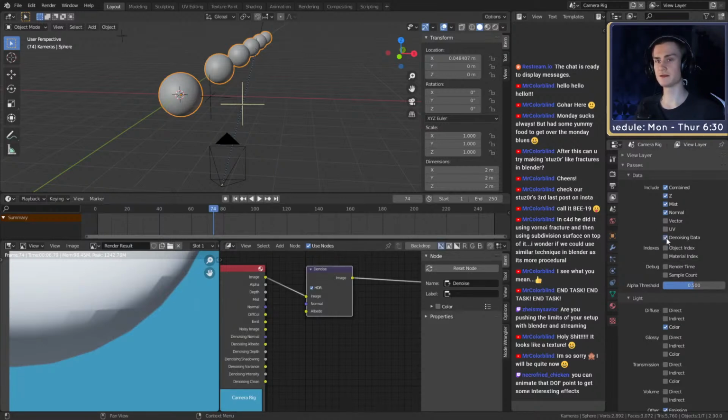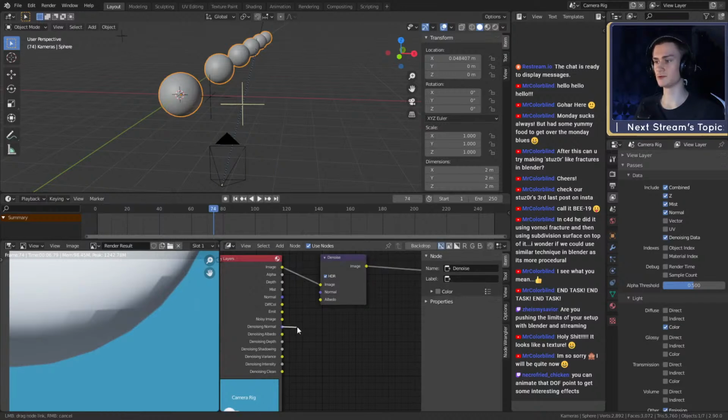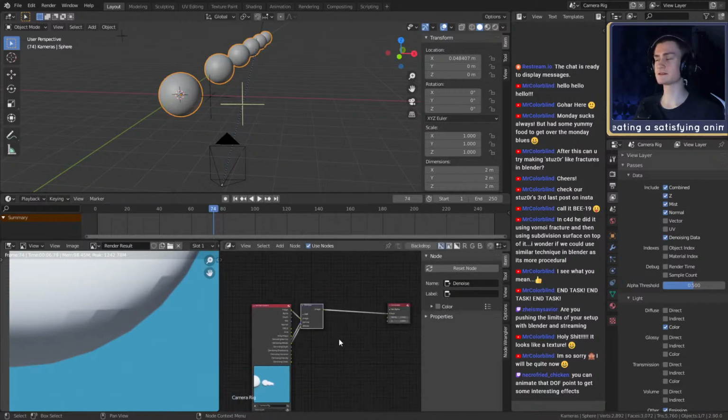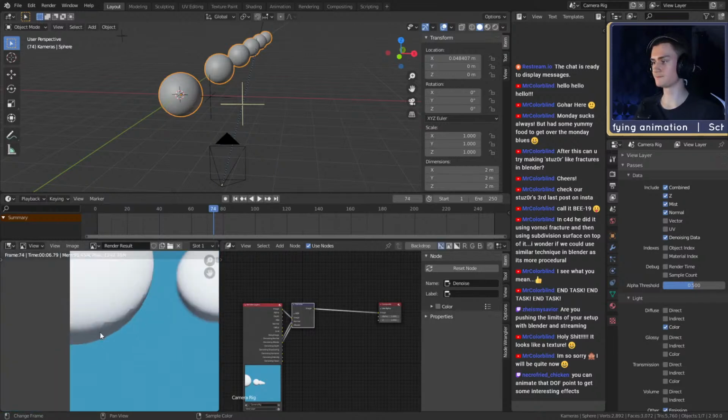If we enable that, we have more. The denoise node has multiple sockets that you can plug by using the denoising data. So we can say denoising normal goes into normal, and denoising albedo goes into albedo, just to make the denoise filter as effective as it can be. And now there's no noise anymore.